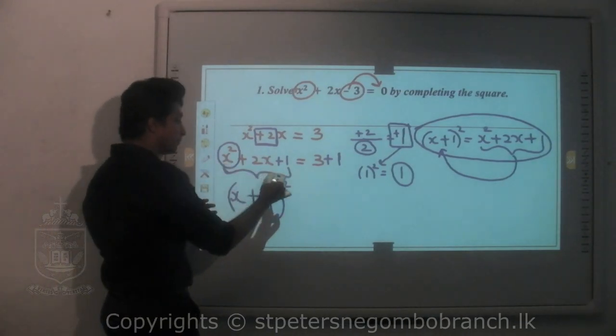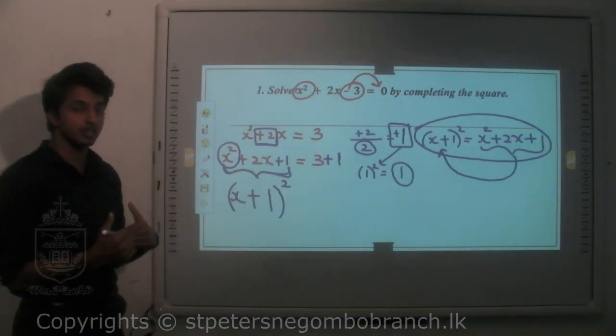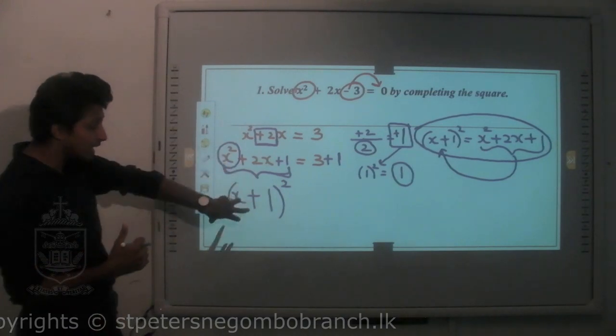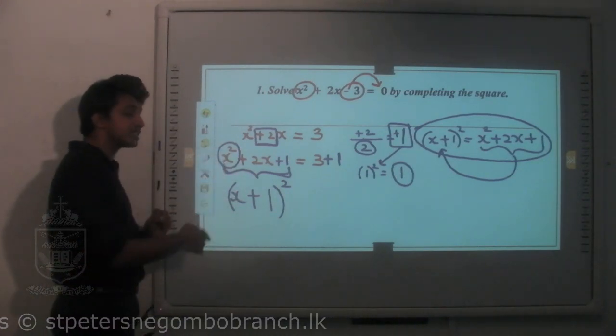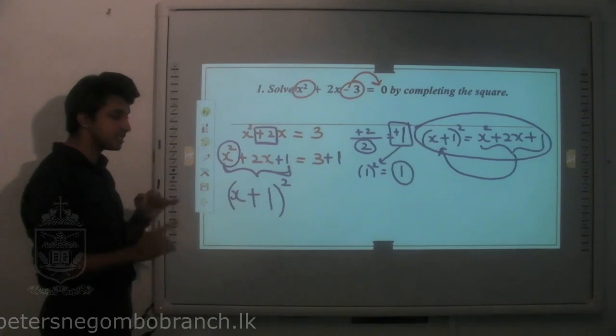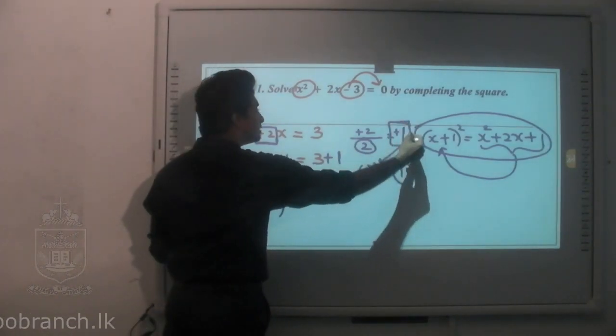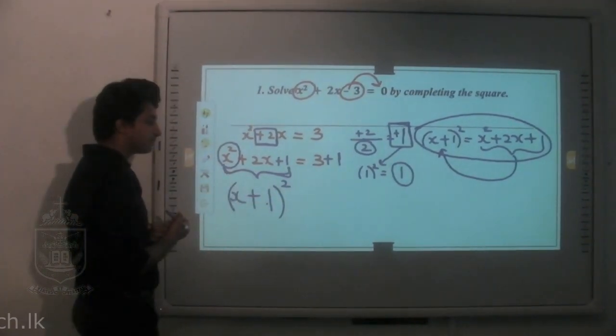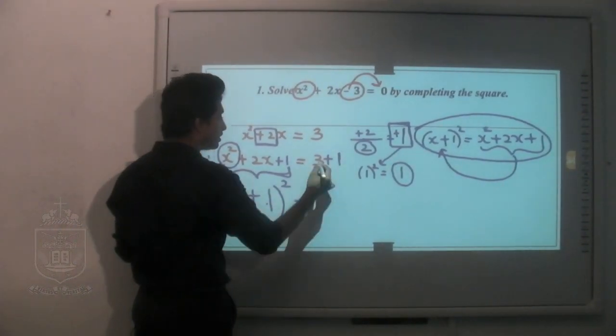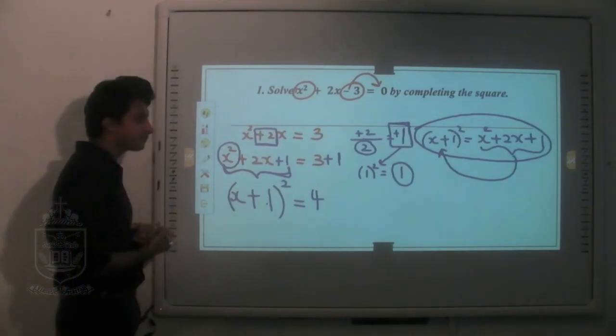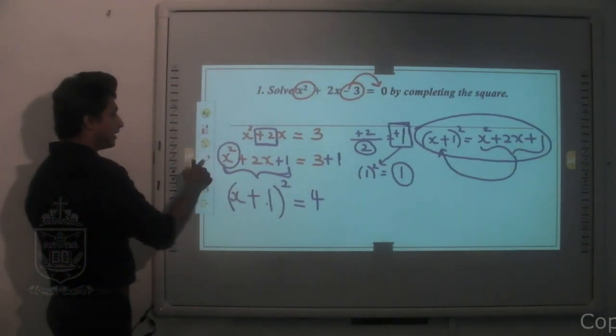After you come to this step, the easiest way of taking it inside a bracket is, you have double x's here, take one x inside. To the other remaining part with the sign, you have to bring this answer into the bracket. And that is equal to 3 plus 1 is 4. Okay.